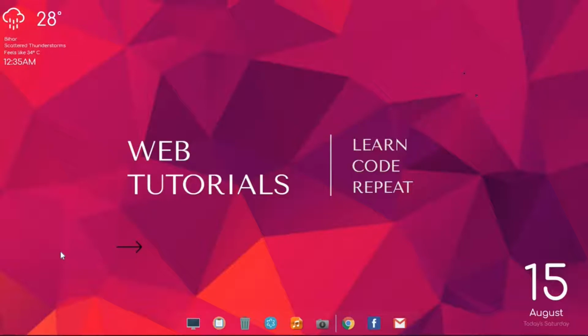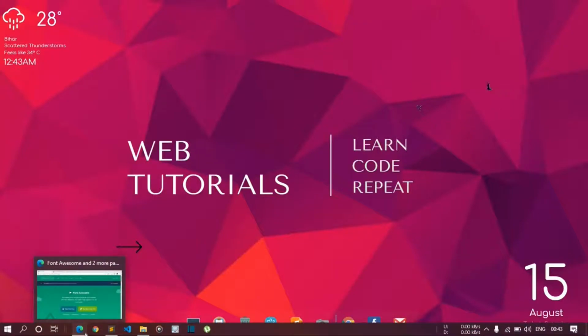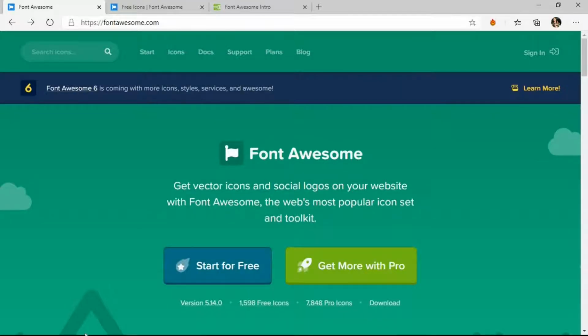So, yeah, today's topic is about using Font Awesome while designing any kind of web page. So, guys, basically, there are two ways to use Font Awesome. One is the offline way, and the second one is the online way. The offline way is more easy and more reliable, and it would be very helpful, and you won't get in trouble while using it.